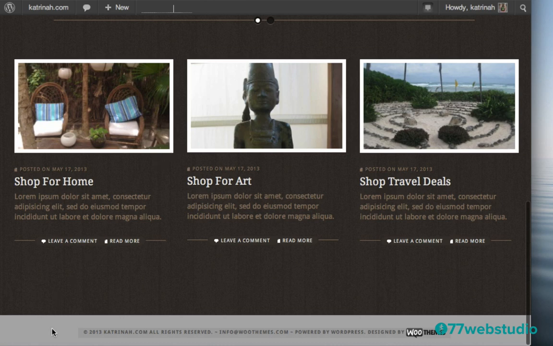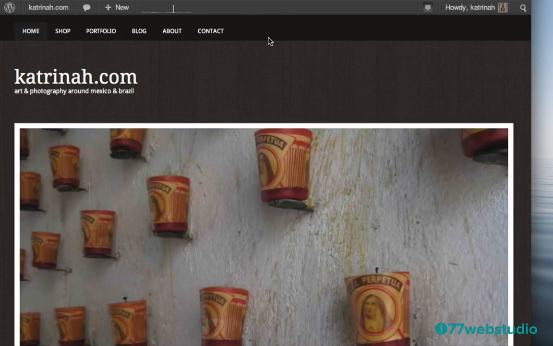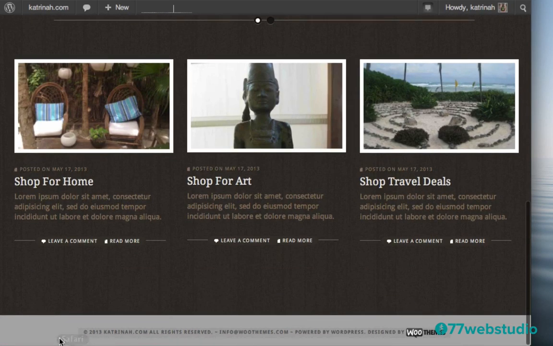So note down below we have this footer. Let's take care of this now. This color is not really going with the rest of the colors on the site. So you see I have a dark navigation bar here, and then it's brown, and then I have this kind of off tan color here. I don't really like it very much, so I want this color to be the same color as the brown right above it. So let's go ahead and customize the CSS style code here at the bottom.